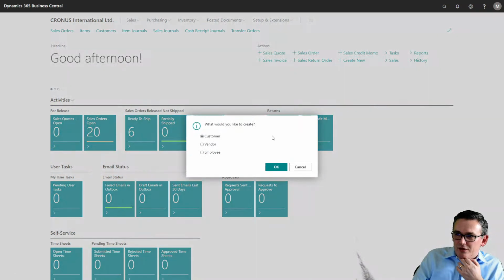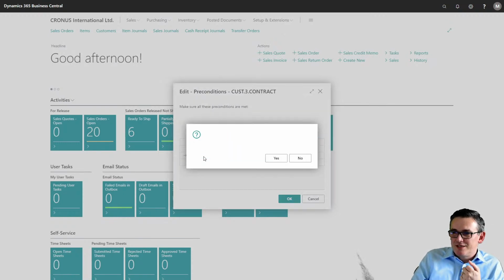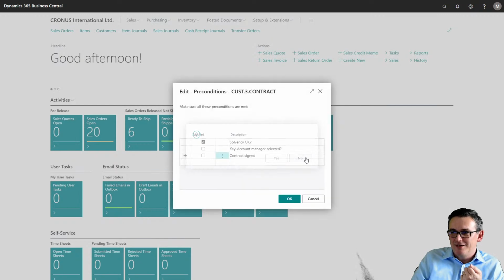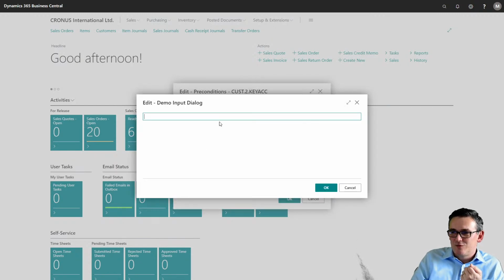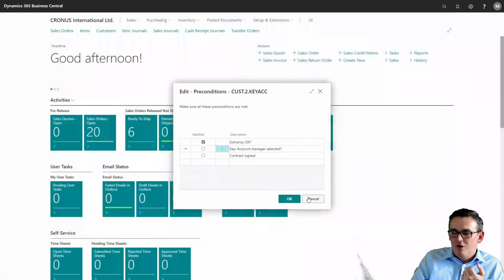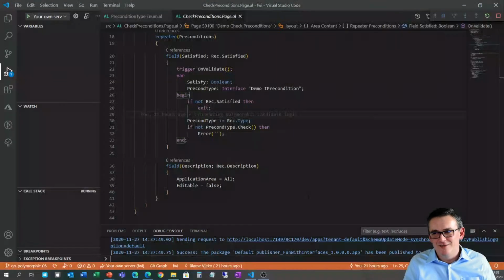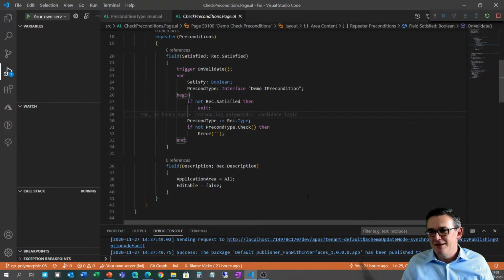we can click create new, and then I can click, for example, let's stay with customer, and I click solvency OK. Wow, fantastic, it works. But when I click contract signed, suddenly this is blank. And then when I click this one, it also doesn't show me the question that it used to show earlier. So what's wrong here? And if you got excited or too excited too early, then let me break the excitement